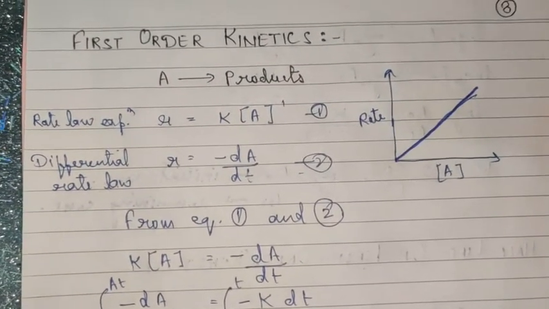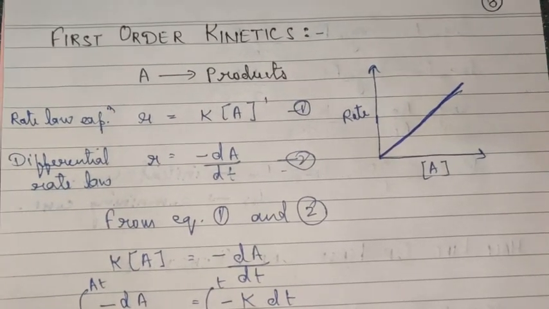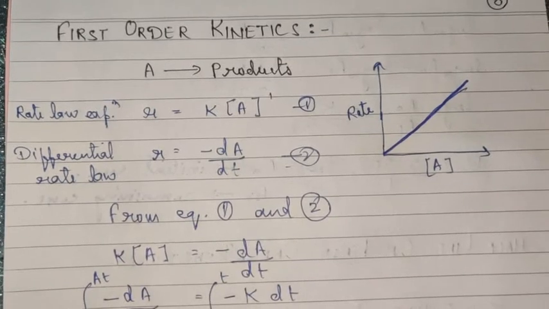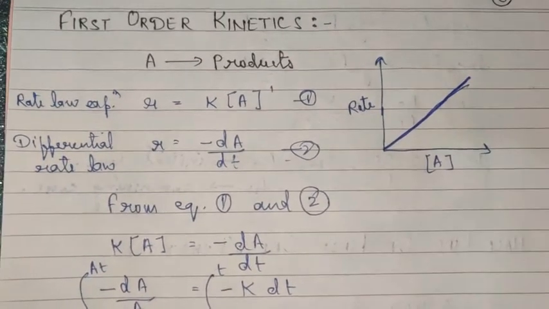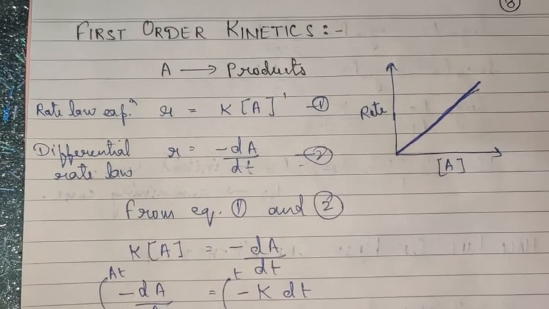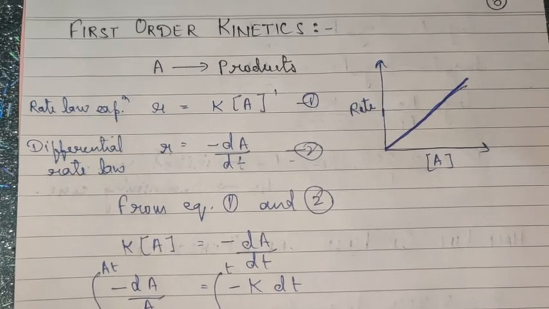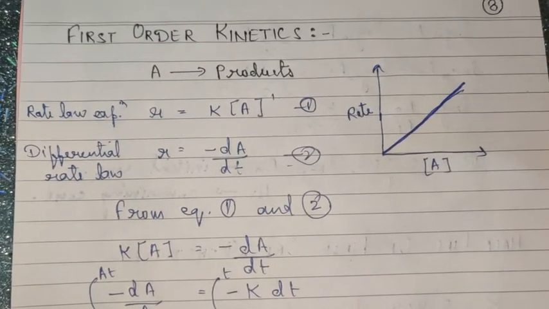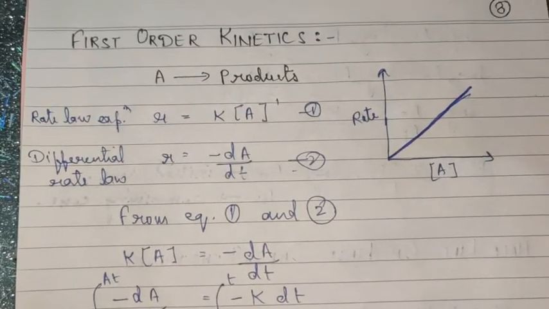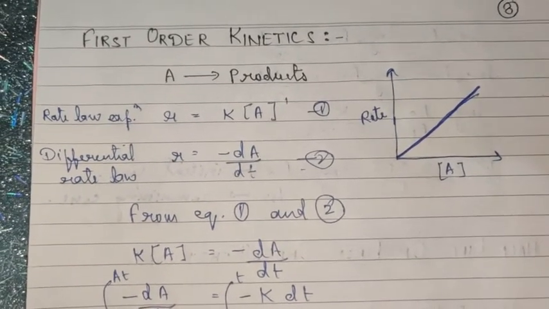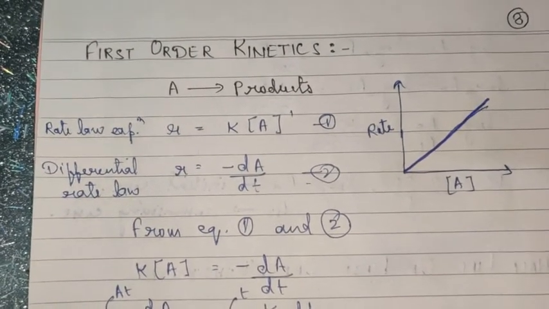Remembering the expression, children, is very important, because in chemistry derivations are not asked, but the final formula that is derived, which I keep in the box, is very important for your numerical part. I also discussed with you some numericals related to initial rate of reaction and the graphs related to zero order reaction, and I hope you have practiced it properly and you are updated with the videos and the syllabus on a regular basis.